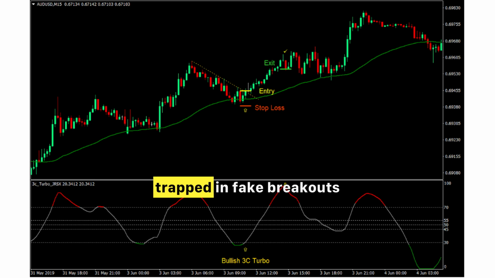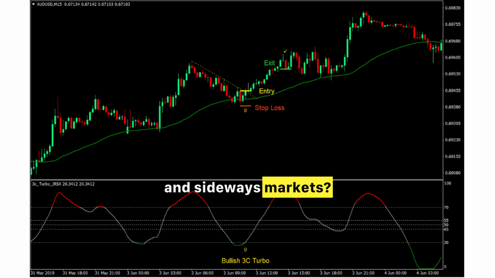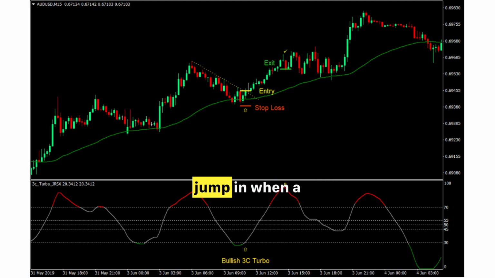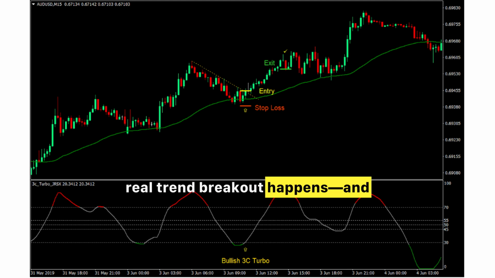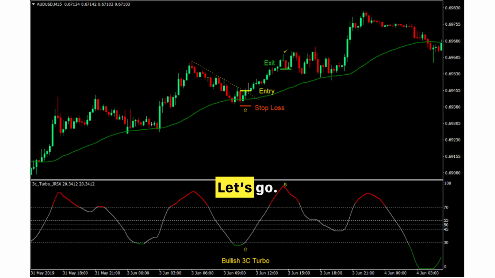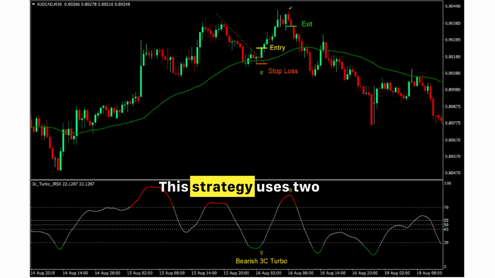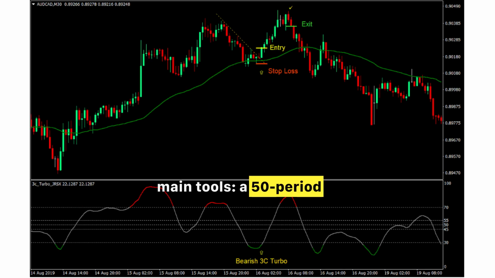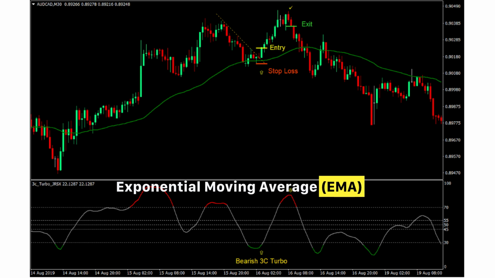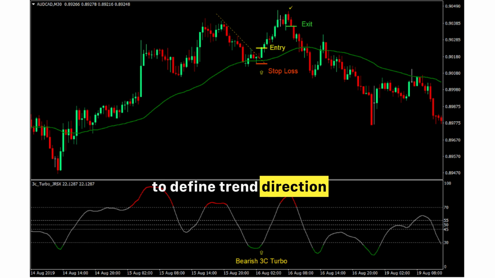Fed up with getting trapped in fake breakouts and sideways markets? What if you could jump in when a real trend breakout happens and ride it cleanly? Let's go. This strategy uses two main tools: a 50-period exponential moving average, EMA, to define trend direction and dynamic